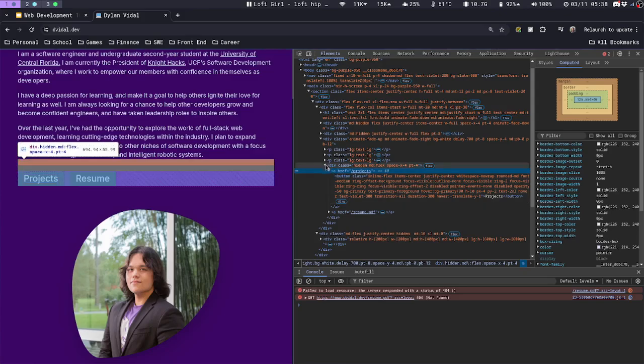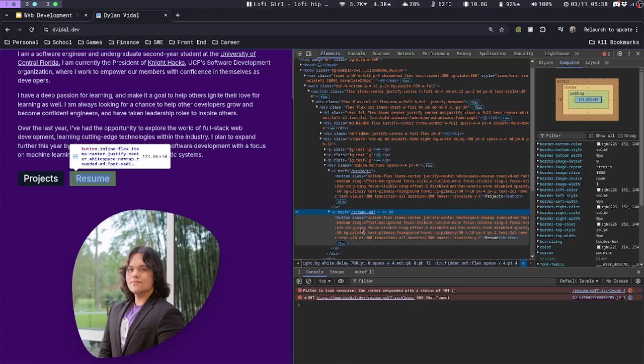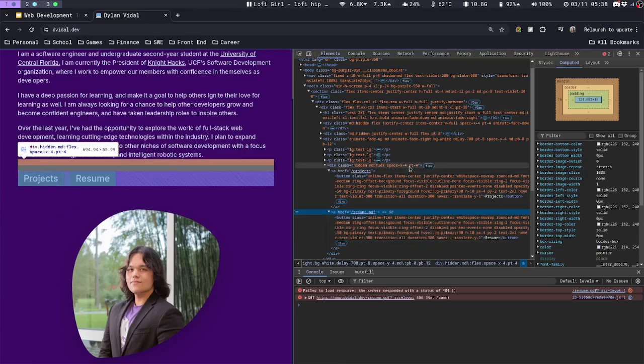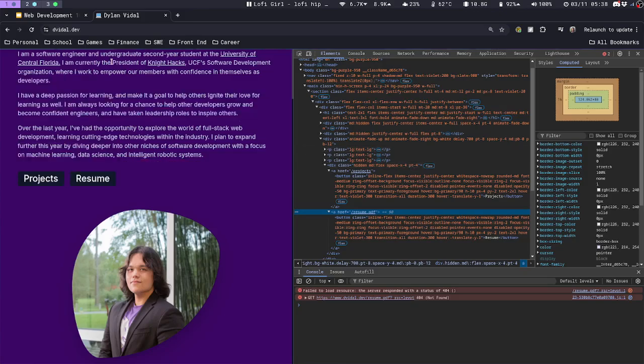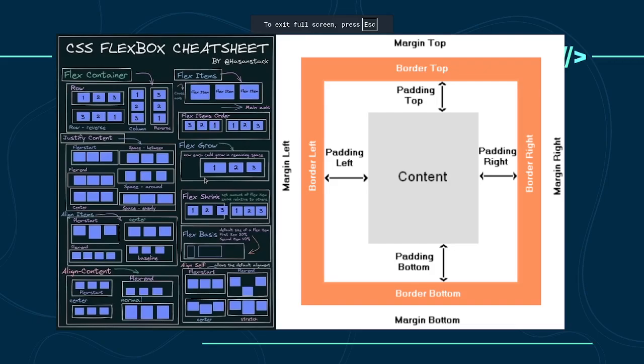But if I go up here, let me see. See that orange? That is margin. So that is the distance from the element to another element, not within itself, right? And so where do I have that? Let me see if I can find the margin. Oh, here it is. It's manually added by this flex layout because I'm giving it a space of 4, right? So I have a margin of 4. All of that's pretty crazy. And again, these are things that you have to take time to learn, but the best part is you can just rip out classes and move them around and you're great, right? And let me see if I could actually, no, I'm gonna move on.